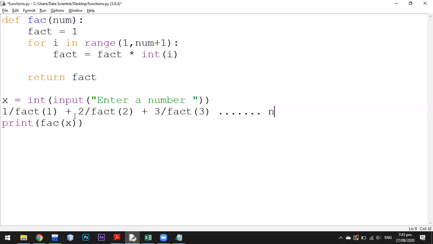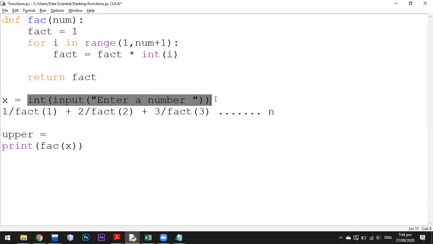So I will ask the user to enter how many numbers they want to calculate the sum for in that series. If the user says 10, then this will continue till 10 over 10 factorial, which means that we have to first ask the user for the upper value. Okay, so upper is equal to, just like that, I'm going to copy it.